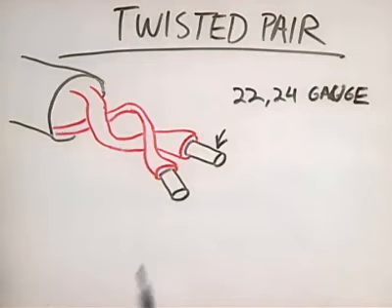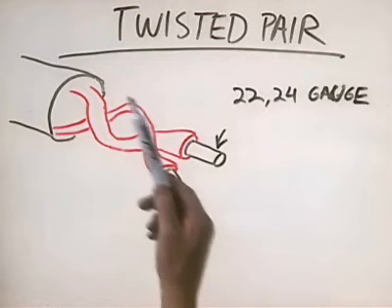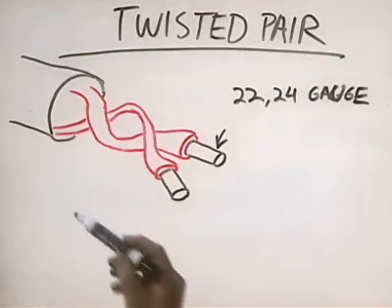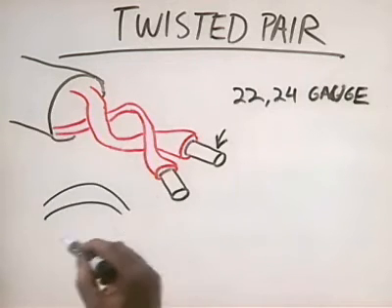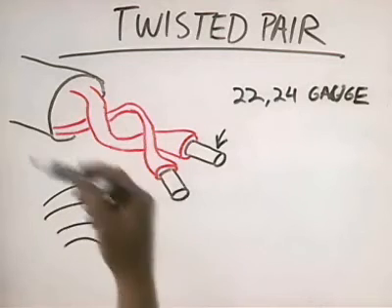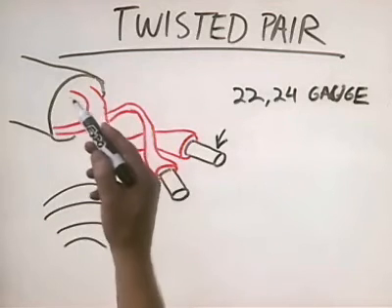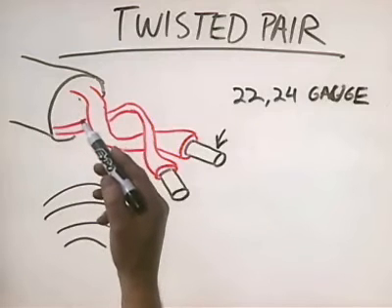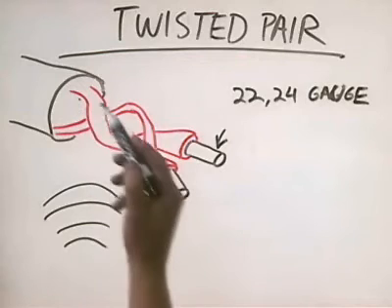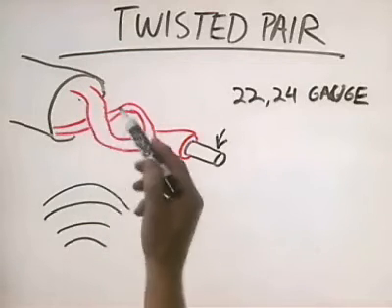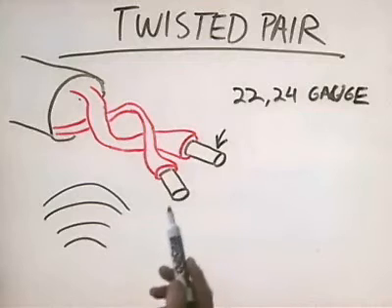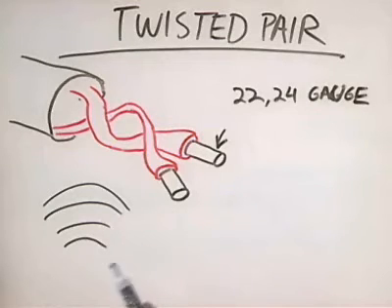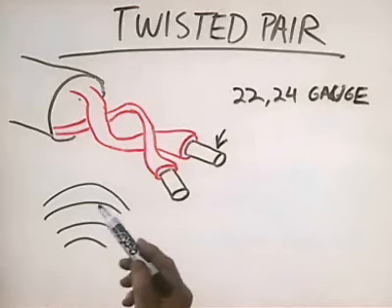Unfortunately, twisted pair does have a couple of drawbacks. Number one, it is susceptible to EMI, both from itself, so we twist the wires together, but it's also susceptible to EMI coming from the environment where it's run. For example, one of the things we always tell folks when they're running wiring is don't run it anywhere near a light fixture, especially a fluorescent light, because there's a piece of the fluorescent light called a ballast, and that ballast puts out a tremendous amount of electromagnetic interference. If you run a twisted pair wire by that, you're going to get interference